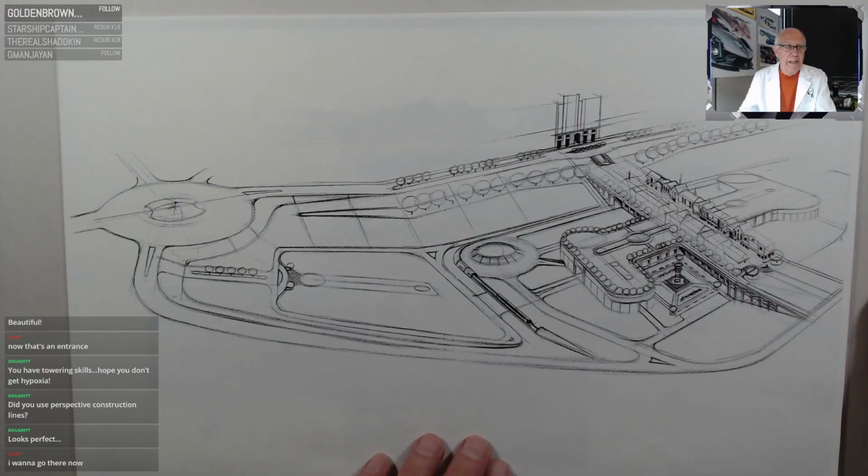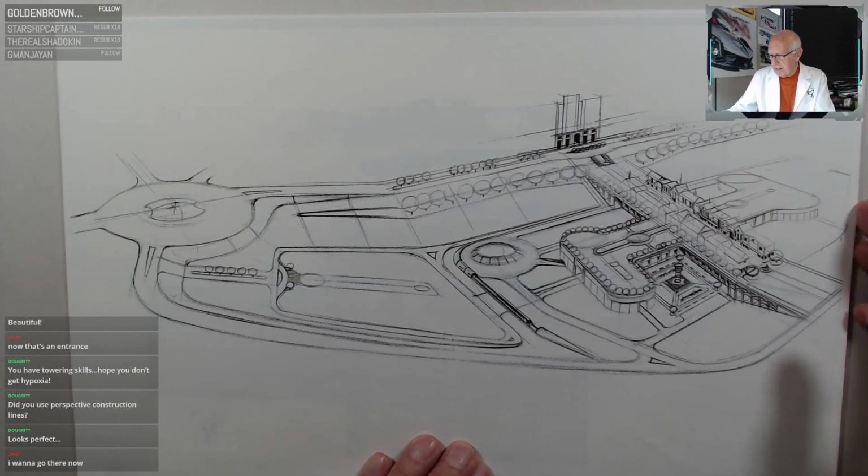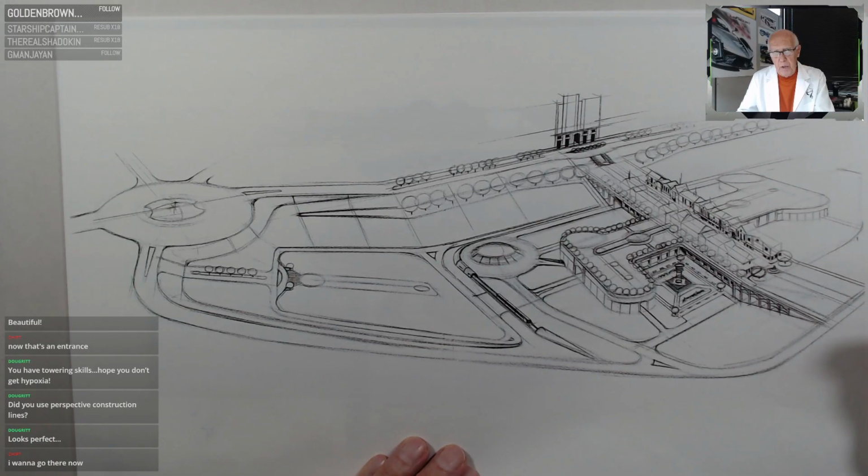You want to go there now? Yeah, it's an interest. They're in the process. Last I'd heard, this was about 2 years ago. They're in the process of developing the land now, so this might come to pass here in the next year